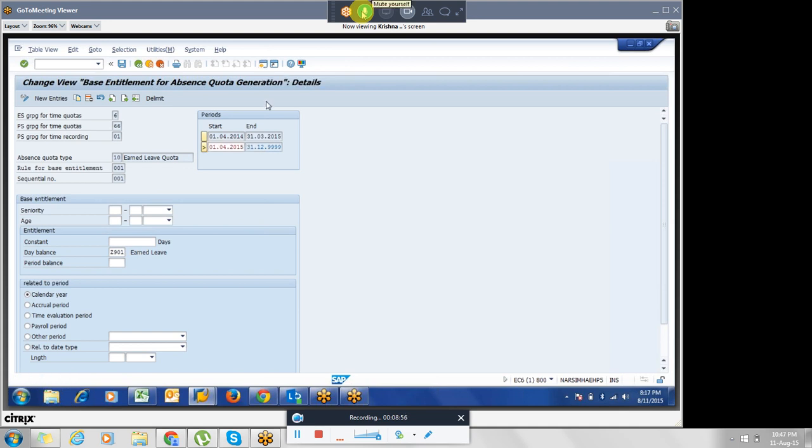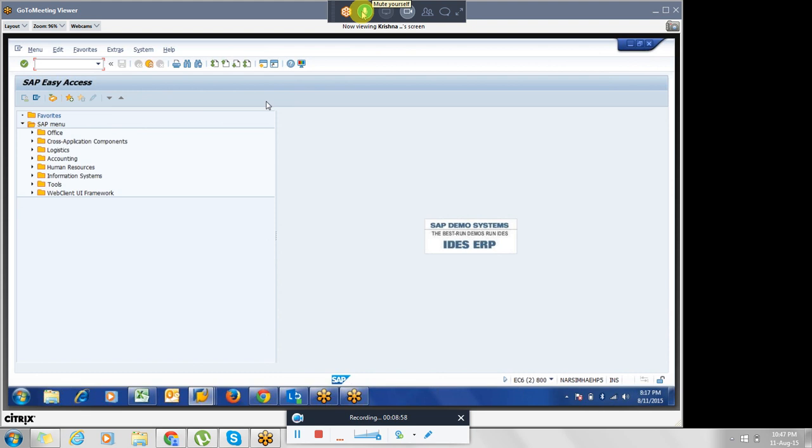HRS, hours. By default, SAP has given hours, though it is not exactly hours. See, in wage type you will have RTE rate, AMT, and NUM.